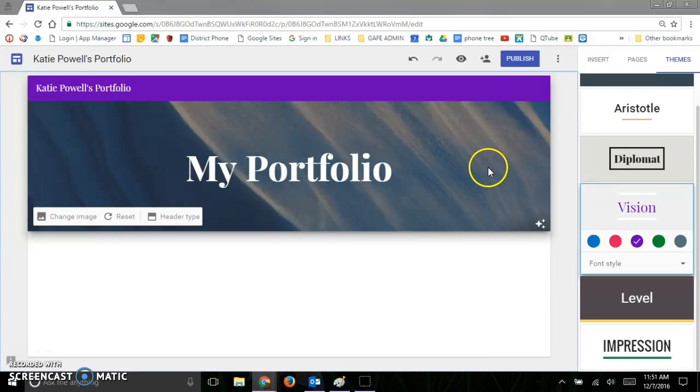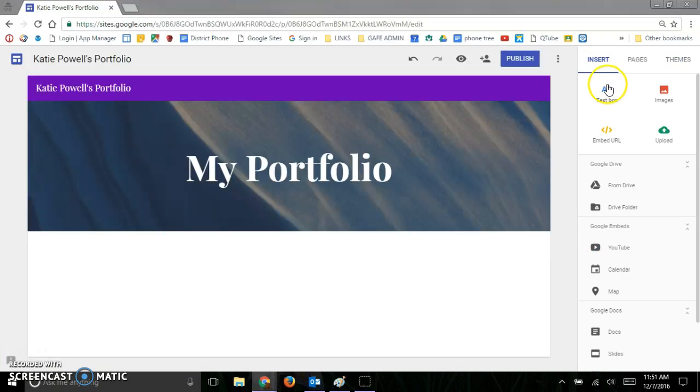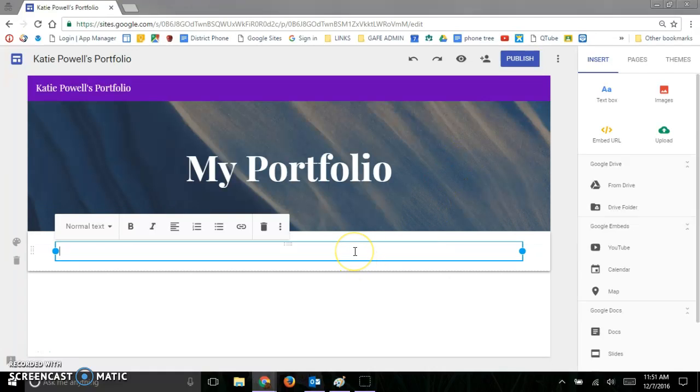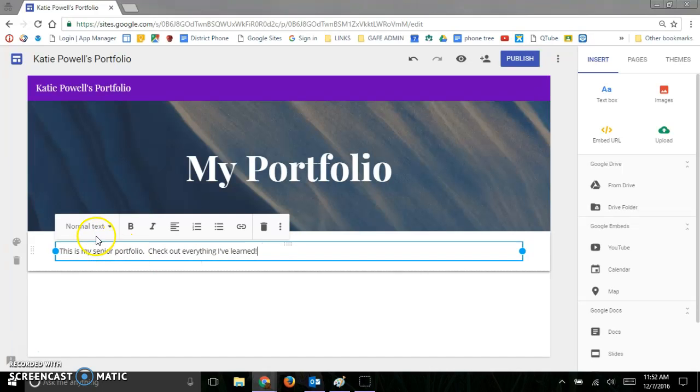Adding content to your site is very easy. Again, on this menu bar here, you can insert, and there's a lot of choices. You can insert a text box. However, if you insert a text box, when you put in your wording, so let me just put some stuff in here. Okay, so I've got text in here, and when I click on this text, you see what the choices that